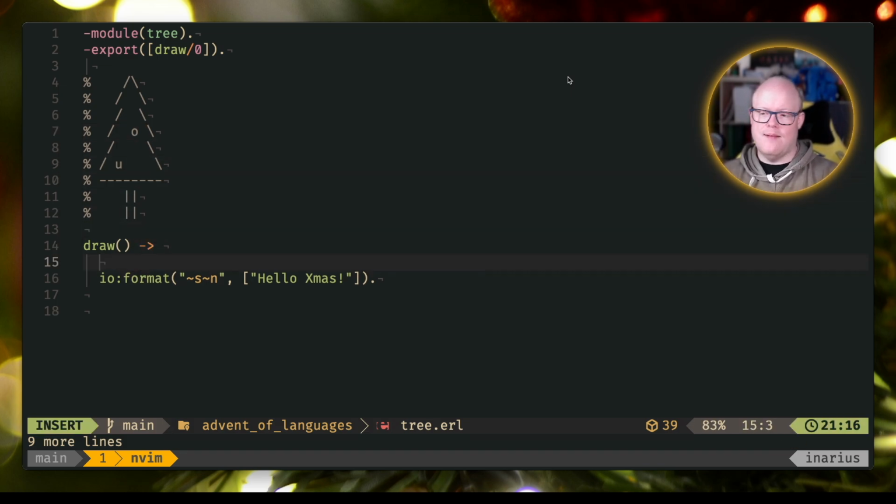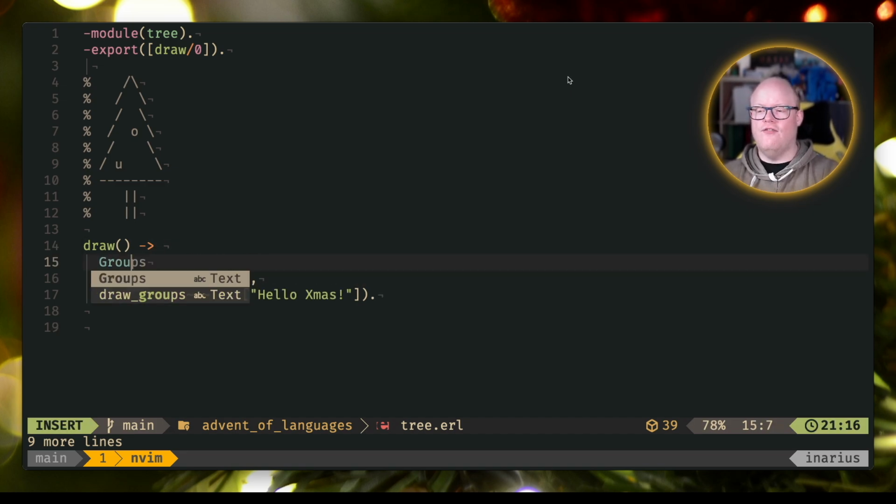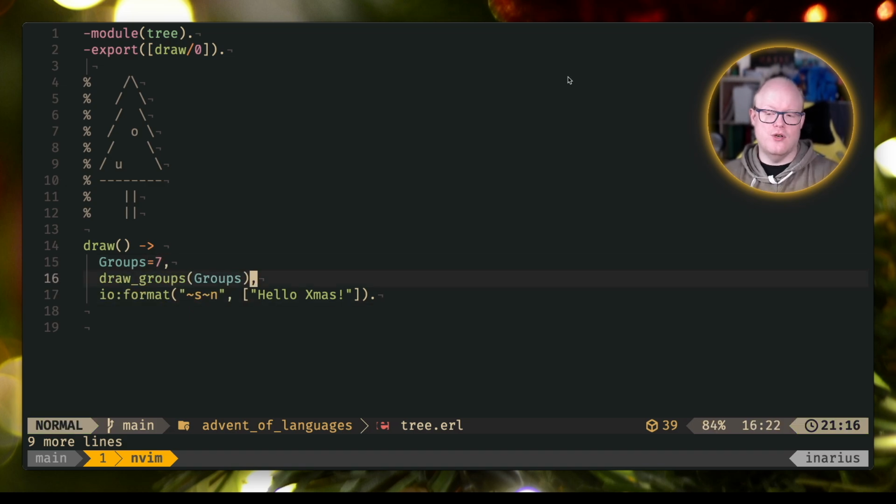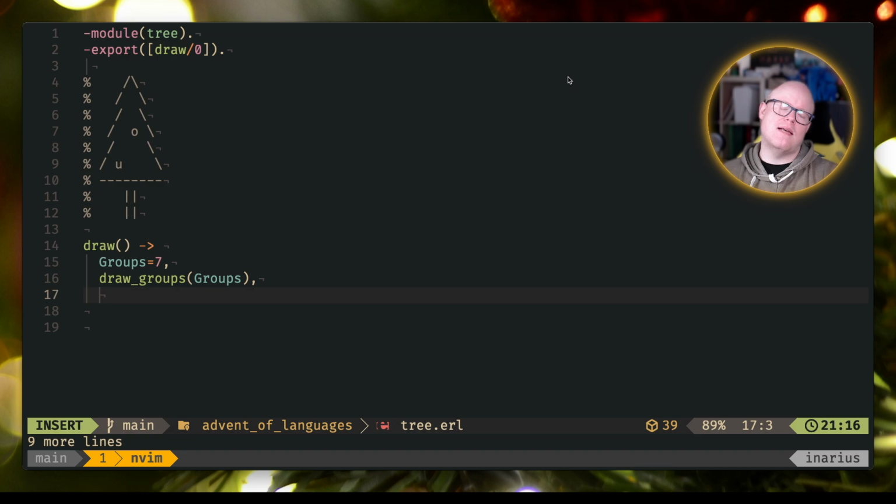We could, for example, call a function here called draw_groups. And we give it the amount of groups. And we've further defined that we want 7 groups, for example, so that we can actually do that. And I guess we can remove that. And then there is some sort of